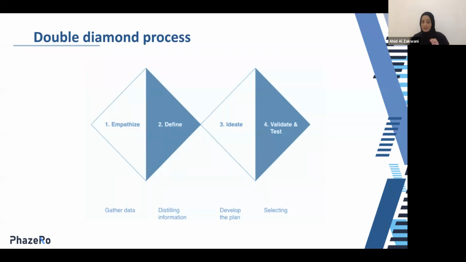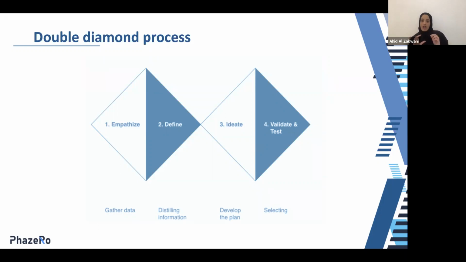So from here, it's the time to find a solution. Again, you will see the diverge, where you will have design workshops, brainstorming workshops, many people, different backgrounds, everyone with a different idea, with a different point of view. So this explains again the diverge that happens. But again, you can't consider everything. So you need to